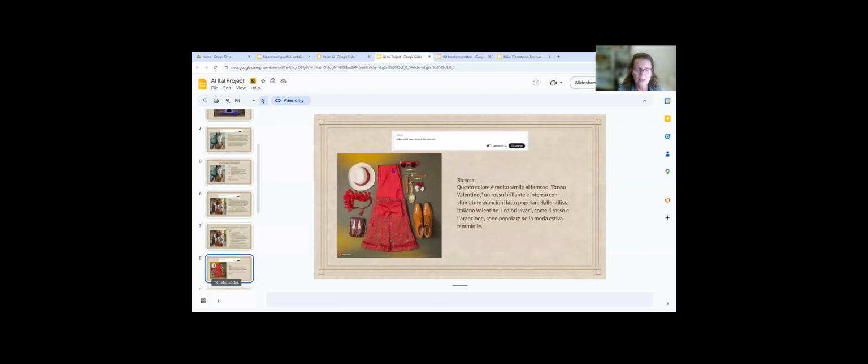And here, Italian outfit based around the color red. And again, the color red is what they found, the Rosso Valentino. And this is another Italian designer, very popular, very famous, like the founder of Italian fashion with Giorgio Armani. And Red Valentino is the color that he has, let's say, invented.